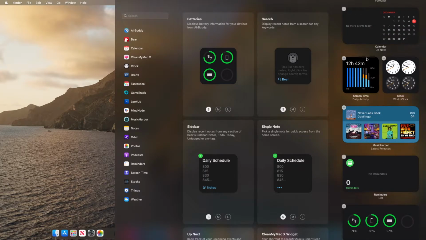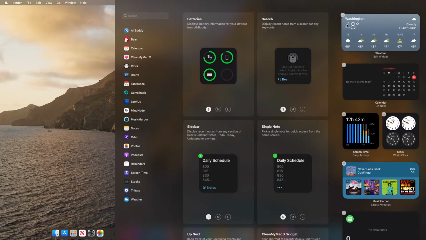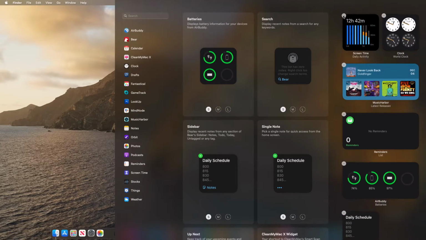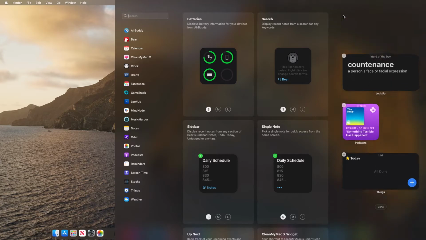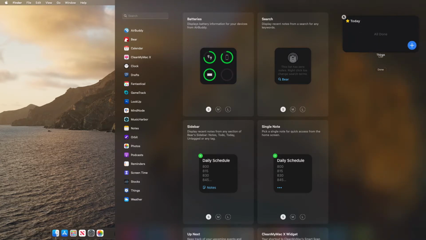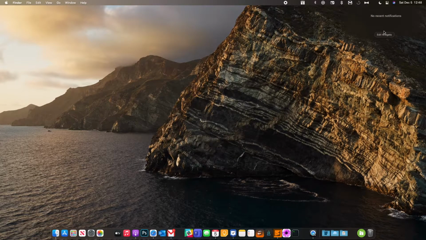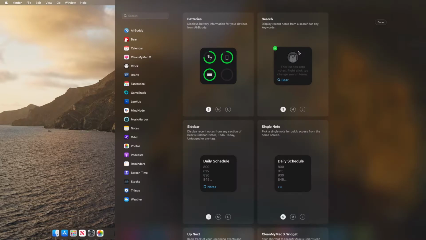Since we want to get rid of these, we're going to scroll to the top, and just like in iOS, you click the minus sign and it removes the widget. So we'll just click that for all these widgets, and we'll get this to brand spanking new. Okay, as I removed all those, if I click done, you can see no notifications and there's no widgets showing. So we'll go ahead and click Edit Widgets, and now we can start adding widgets to the